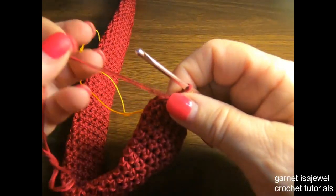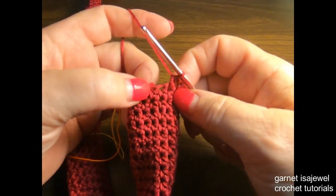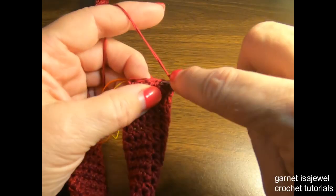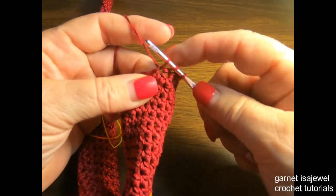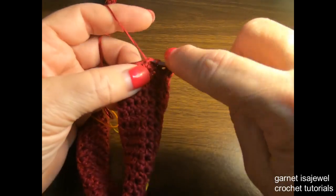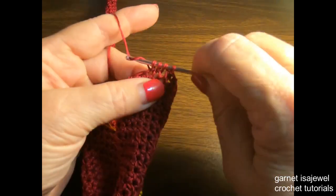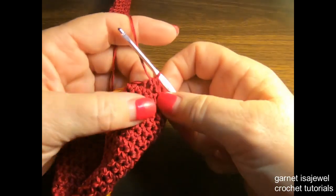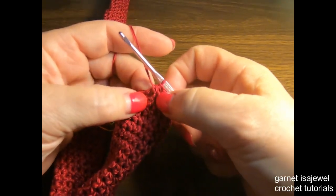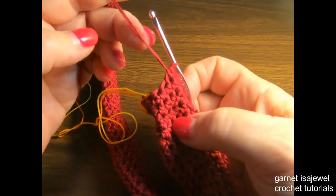Okay, now do you remember how to do your decrease stitch? We're keeping it simple here. Okay, so we got our next 2 stitches, yarn over, pull up a loop, and then just go immediately into the next loop and pull up another loop. Okay, so we'll have 4 loops on our hook, yarn over through all of them, and that decreased our row now by 1. And then we're going to go around twice,